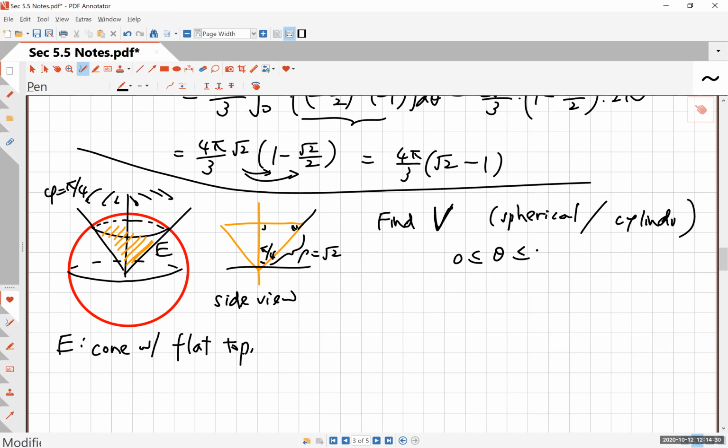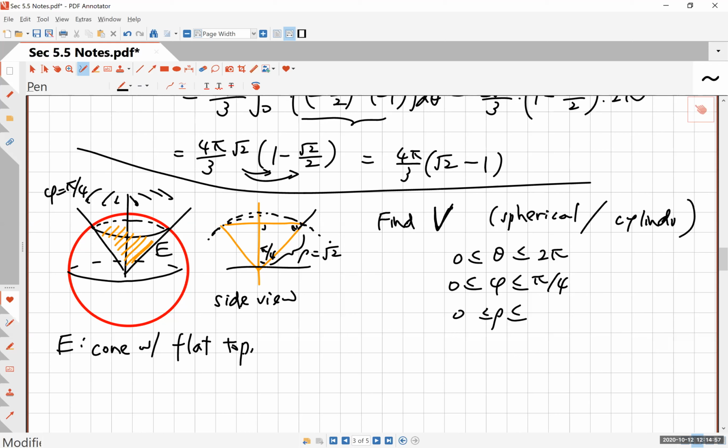Theta goes from 0 to 2 pi. That part is easy, okay? Of course it's easy. And then, so what else do I need to have? Phi, okay? Well, phi still goes from 0 to pi over 4 as before, okay? So that's not a problem. Rho goes from 0 to what? Okay, now here's the problem, because what happens is it used to be